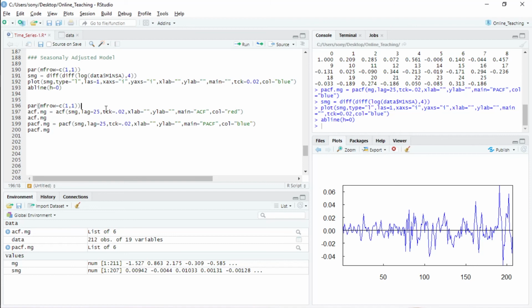Again I want only one figure on one page, so that's why. Then I'll compute its ACF and PACF functions. To compute them it's simple, like the previous command: you have to call the ACF, and here you have to change the name to your seasonally differenced money supply M1 growth rate.